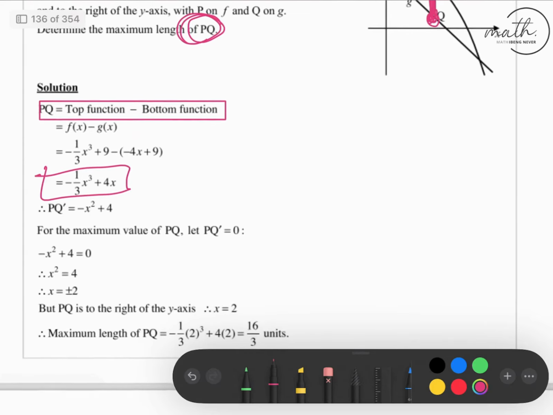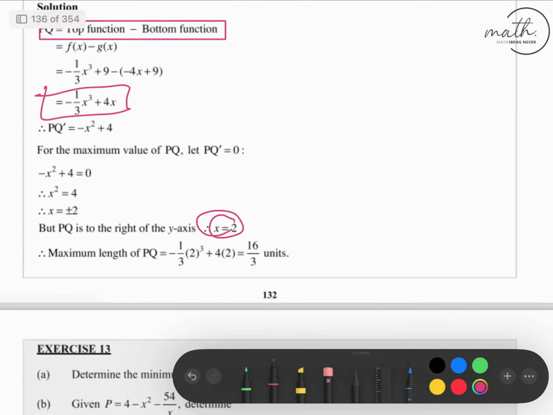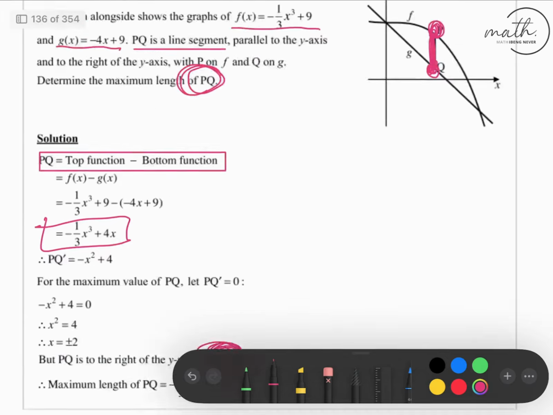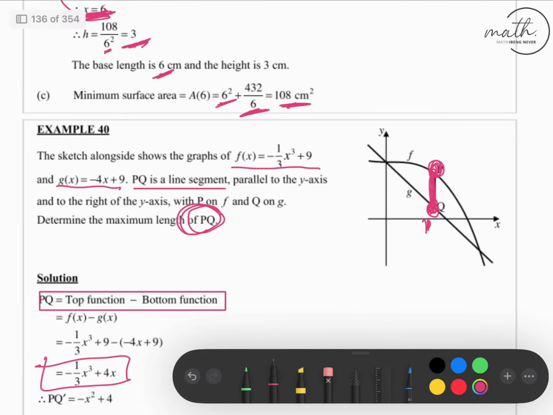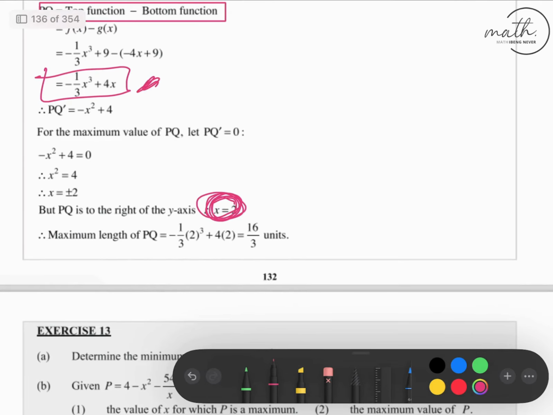To find the maximum, find the first derivative, equate it to 0, get the x's, take the positive one because it's on the right hand side, on the positive side, and then substitute it in this equation. Then you're going to get the maximum. I'll stop there. Oh, sorry about the